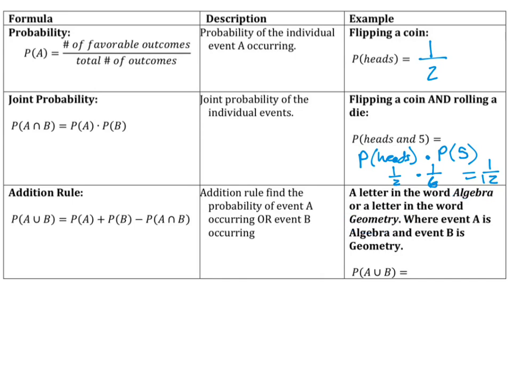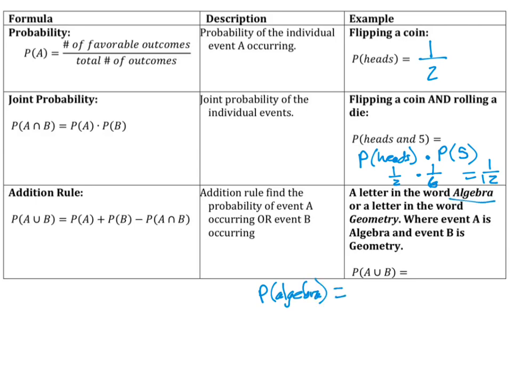Anyway, so you're trying to compute the probability of getting a letter that's in the word algebra or the word geometry. Well, to get that, you first need the probability of getting a letter from the word algebra, the probability of getting a letter from the word geometry, and you have to get the probability of getting a letter that's in both of them and subtract that off. So we're going to take this one at a time. We've got the probability of algebra,